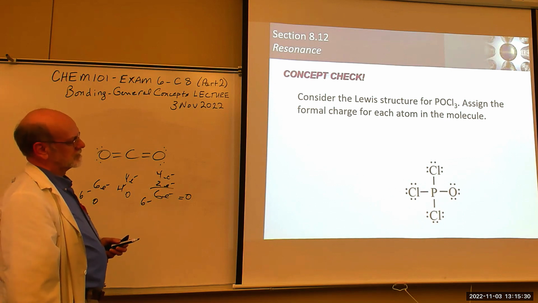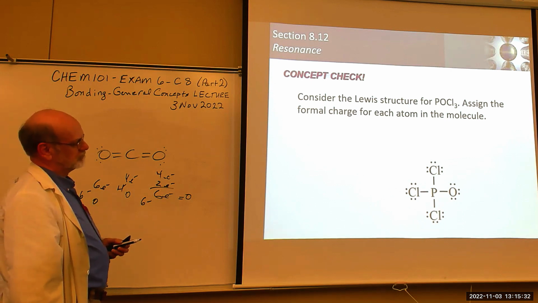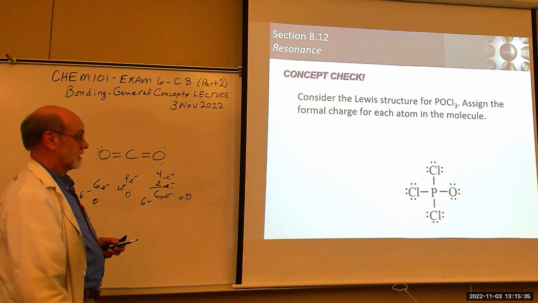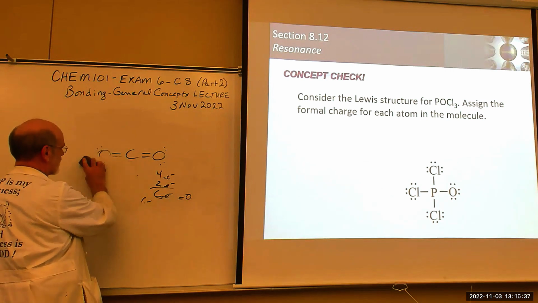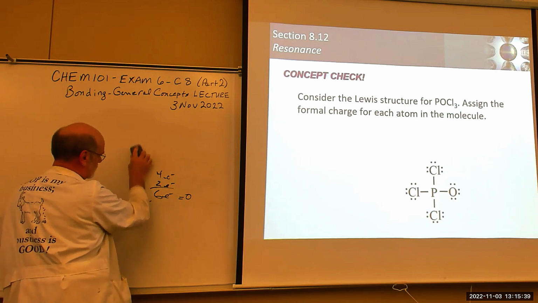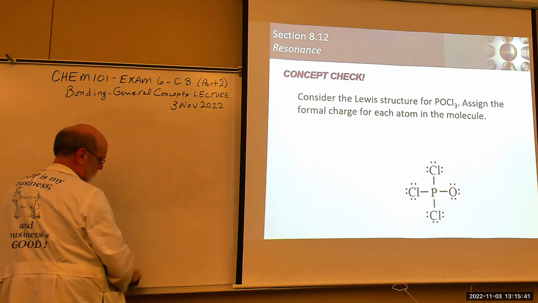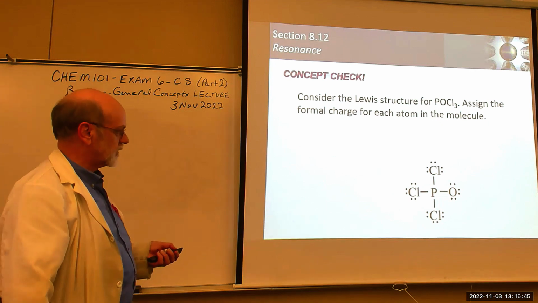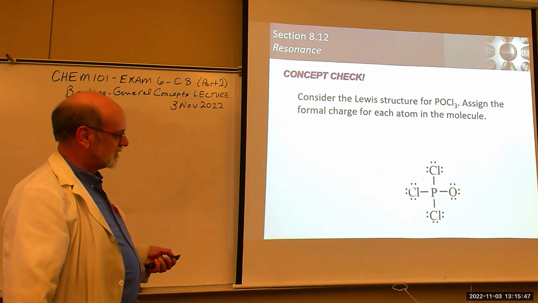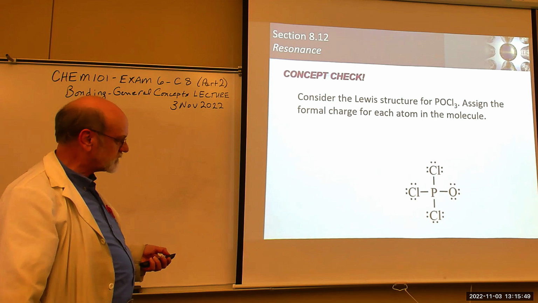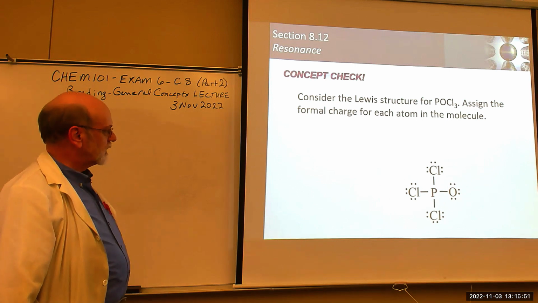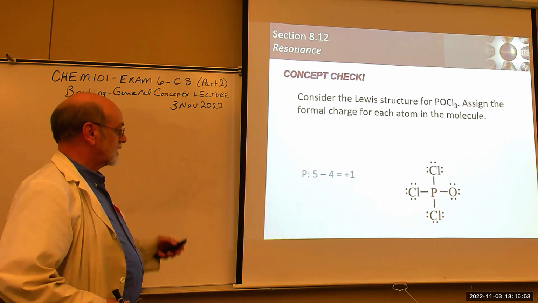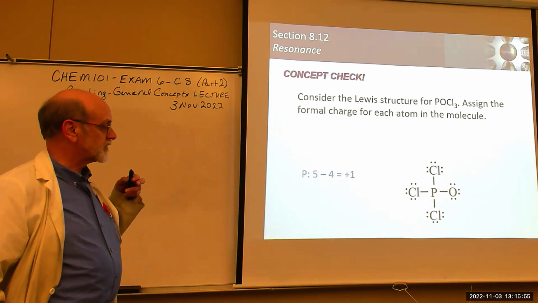Phosphorus. Maybe it's got a special trivial name. But this is the way the Lewis dot structure is drawn. Okay, so it looks like everybody's got an octet. That's good. So next thing we're going to do is determine what is the